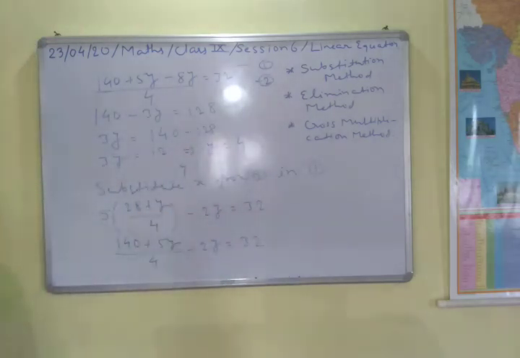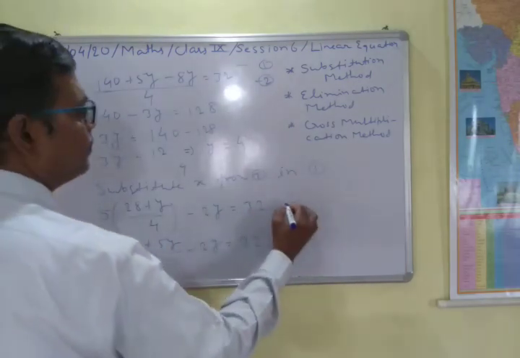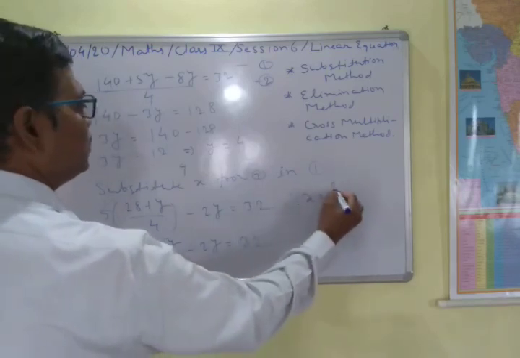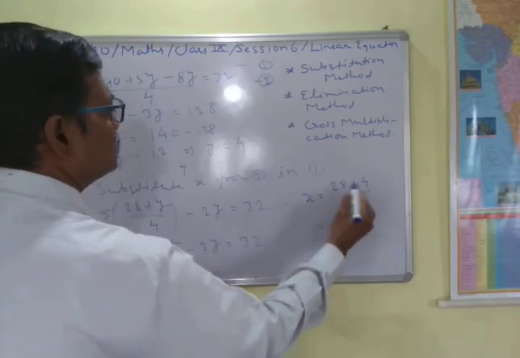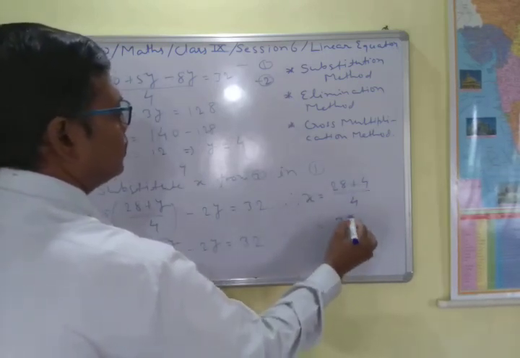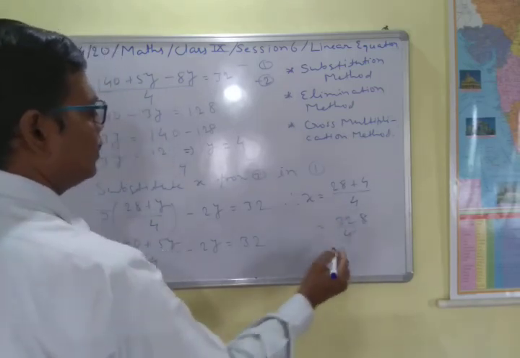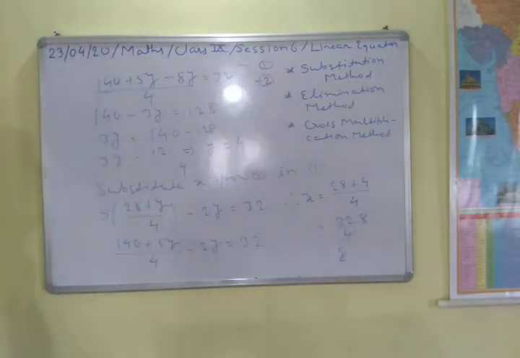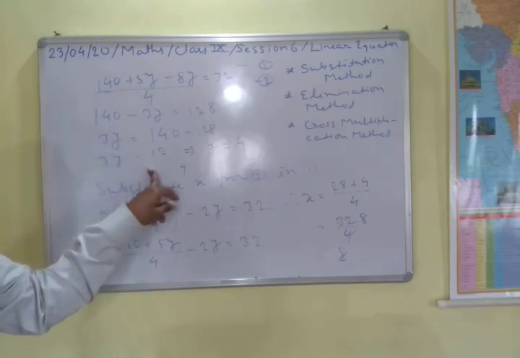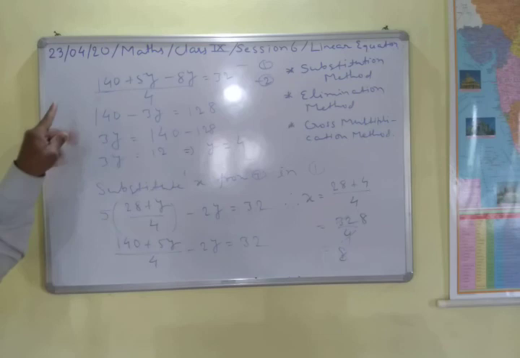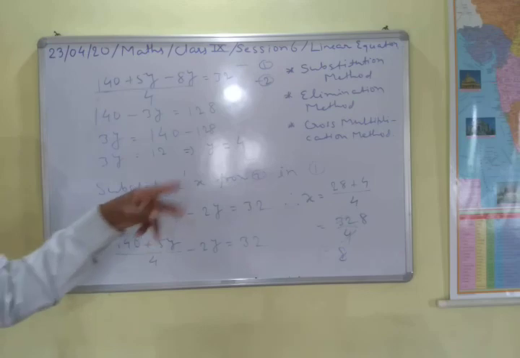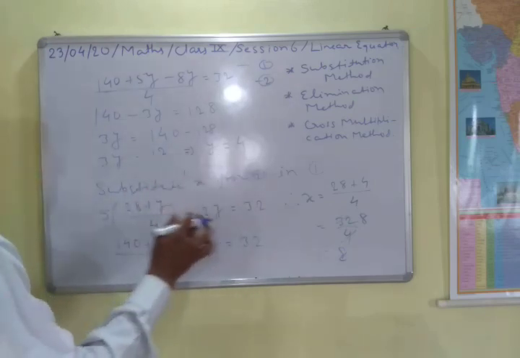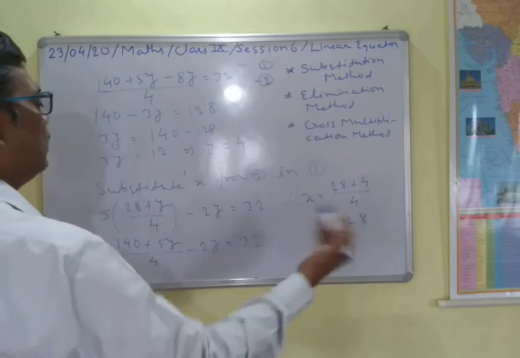Now we got y equal to 4, and what is x? x is this here, so therefore x equal to 28 plus y, that is 28 plus 4 by 4, that is 32 by 4, and 4 eights are 32, that is 8. So again you see that we got the value of y equal to 4 by solving this expression. Now you put this value of y in the expression x equal to 28 plus y by 4, and then we will get the value of x.